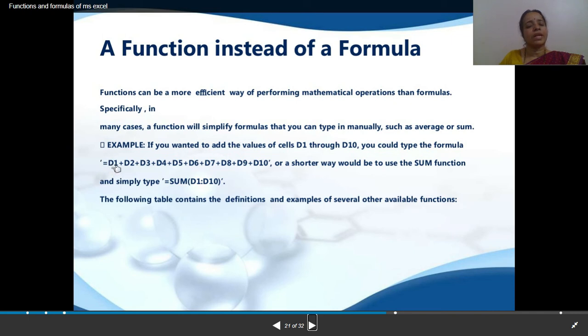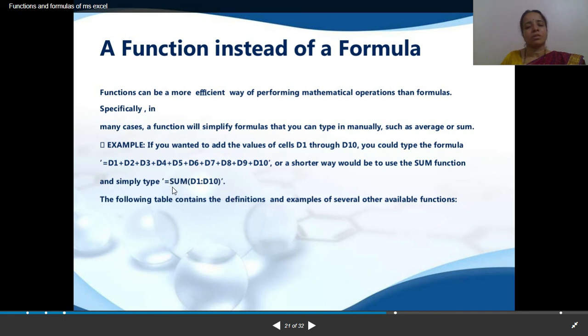Instead of writing each and every cell address and writing such a big formula, you can use this SUM function and shorten the formula. So like this you can write equal to SUM, bracket open, D1 to D10, and bracket closed.